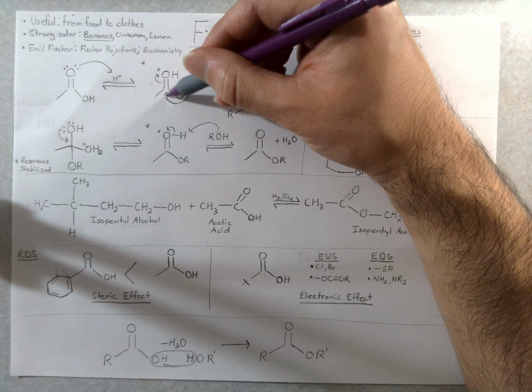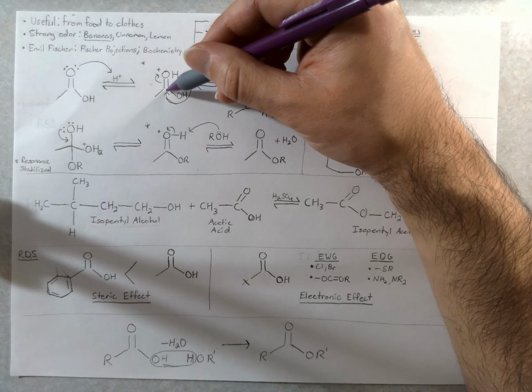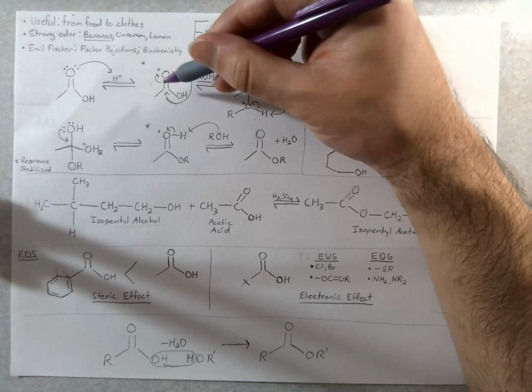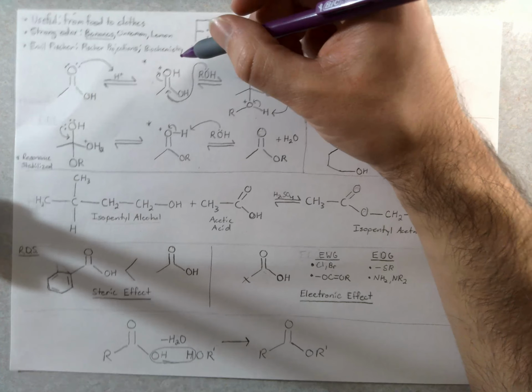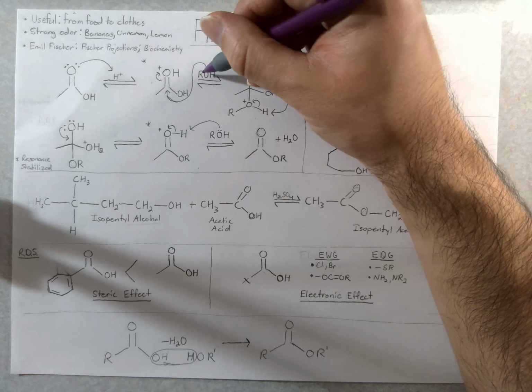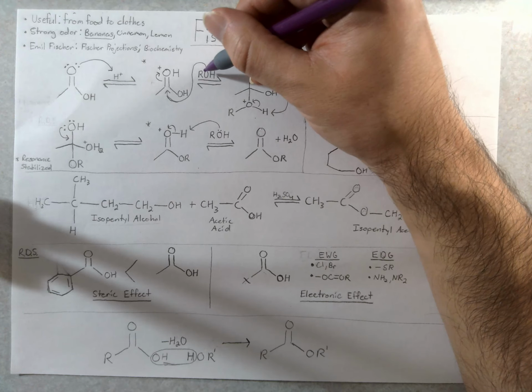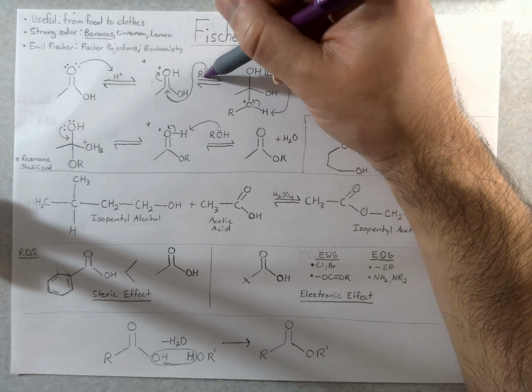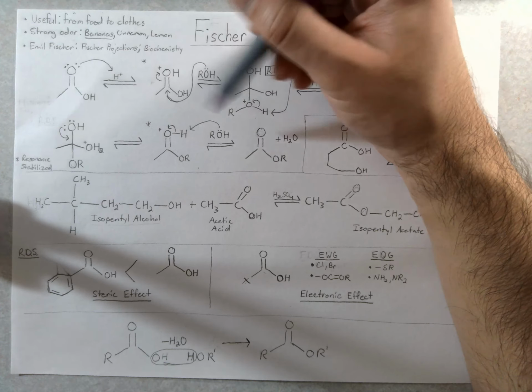So the electron density of the carbonyl carbon decreases, which increases its electrophilicity, or the nucleophile's attraction to it. So we have our nucleophile here, which will be our alcohol, which will also act as our solvent in